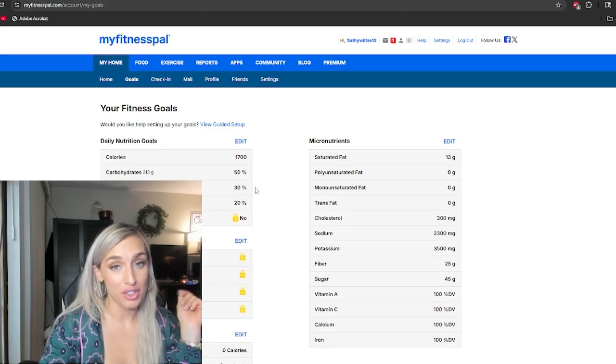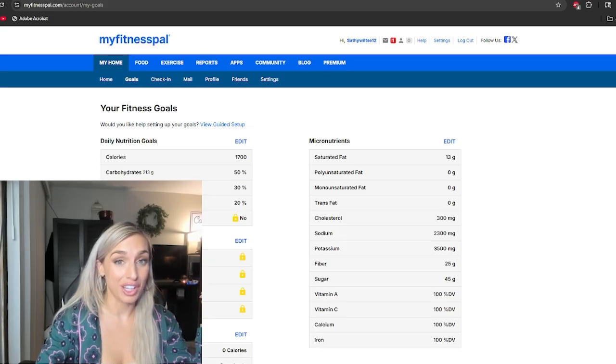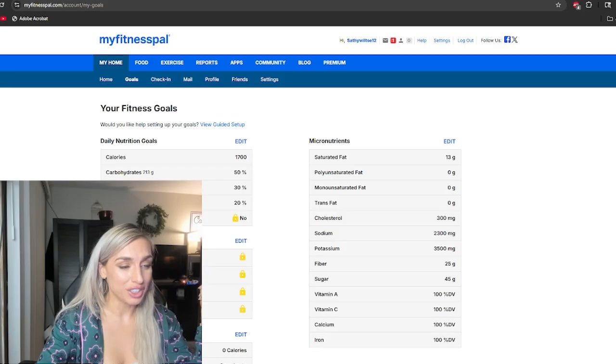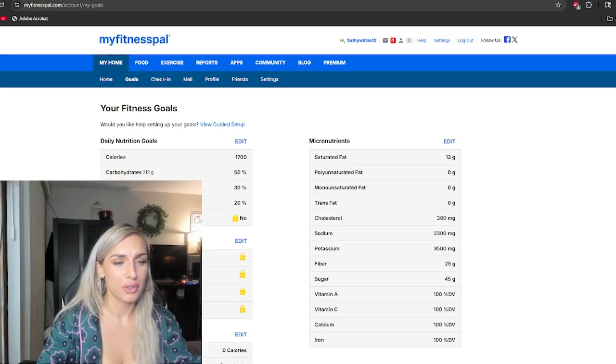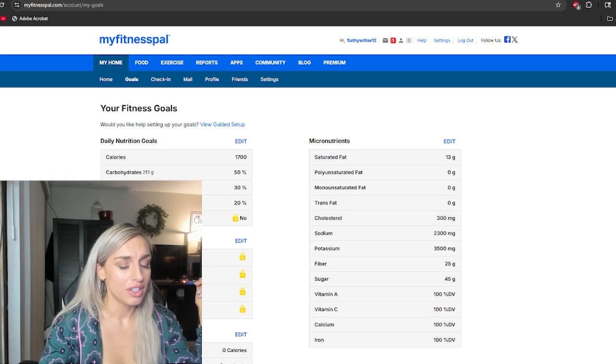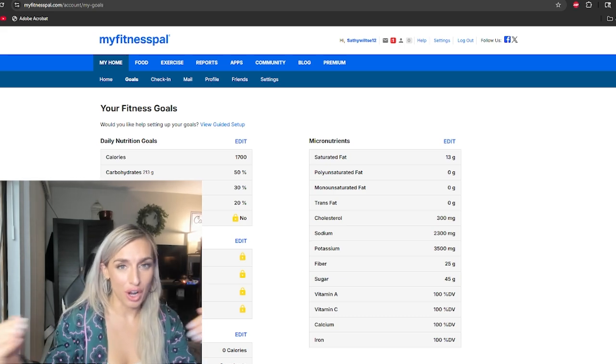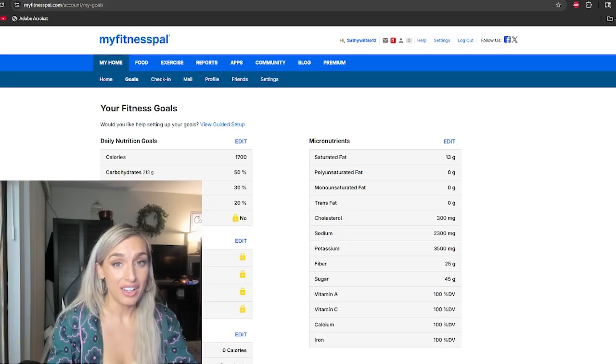One of the things that's great about logging everything that you eat is that carbs, this macronutrient, give you energy. Fats, they're in charge of our hormones. They're in charge of helping us feel satiated. They have a lot of flavor that they bring to our everyday life. And then of course, protein, every single cell in your body is made of protein. So you can feel and figure out where your body is going